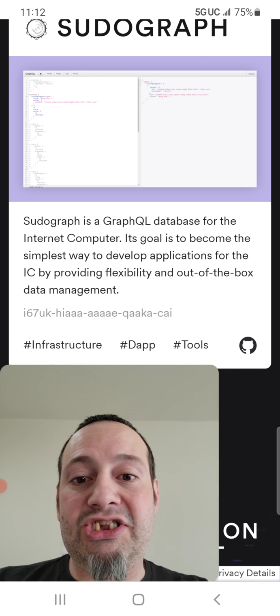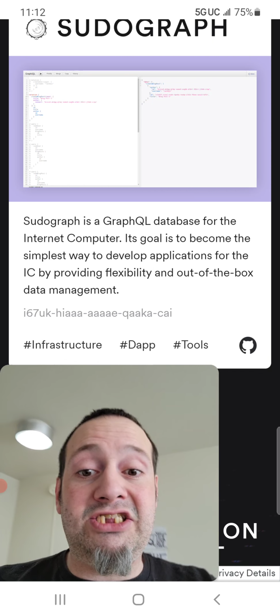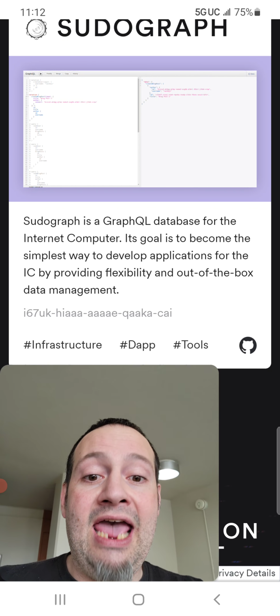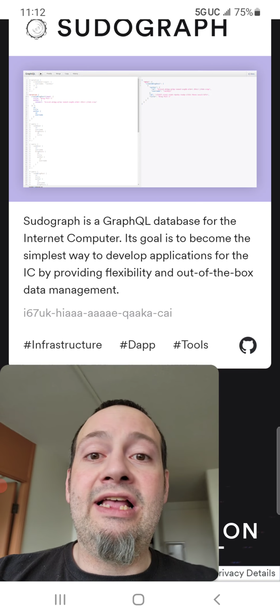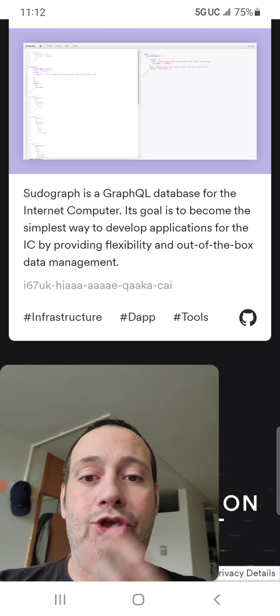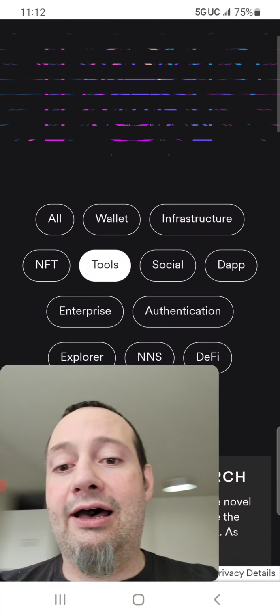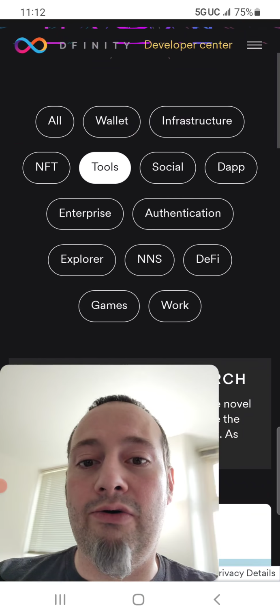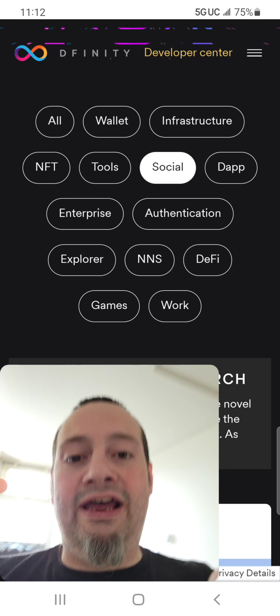Its goal is to become the simplest way to develop applications for IC by providing flexibility and out-of-the-box data management. Now, this is a lot like the other QL thing that it was talking about in the wallet. So, or the infrastructure,